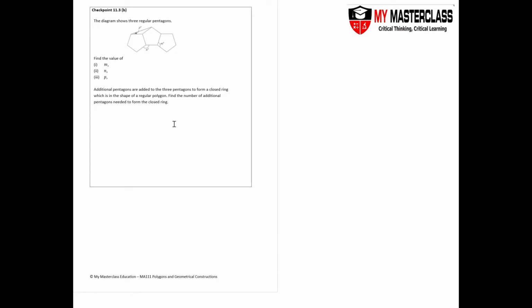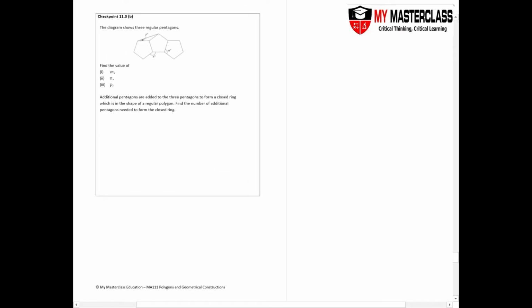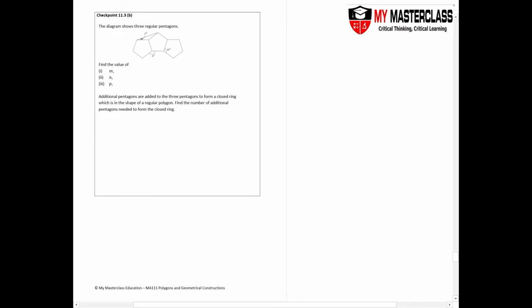Now, in the topic of polygons and geometrical constructions, let's take a look at checkpoint 11.3 part B. This diagram shows three regular pentagons. Again, three regular pentagons means all sides are equal. They're actually asking you for the angle of one particular pentagon, and this will give you a 5 minus